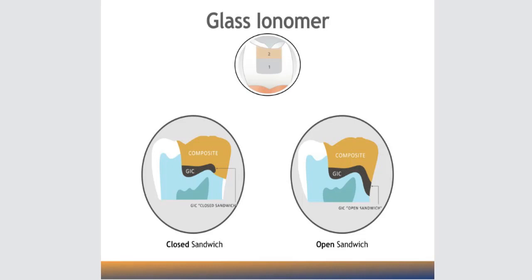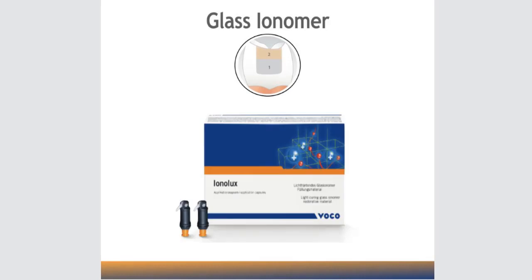Now, the difficulty is that glass ionomers are typically sticky. They're hard to place. They're hard to put in the right spot. It's very technique sensitive. So it's much easier to put a composite in. So what I want to do is introduce Ionolux, which is a fantastic material. It's a resin modified glass ionomer. It's light cure. Its working time is about 2.5 minutes, but you can cure it, and it's a 20-second cure. It's a huge improvement over traditional glass ionomers